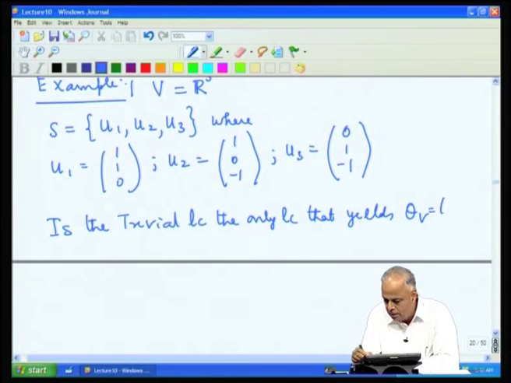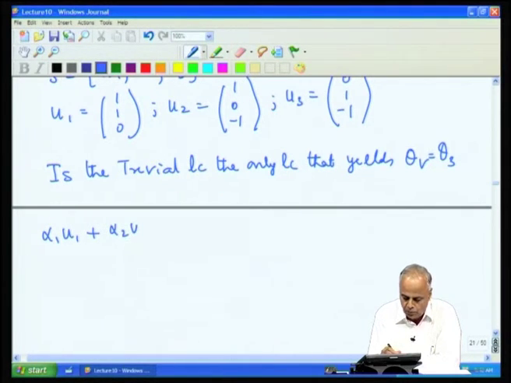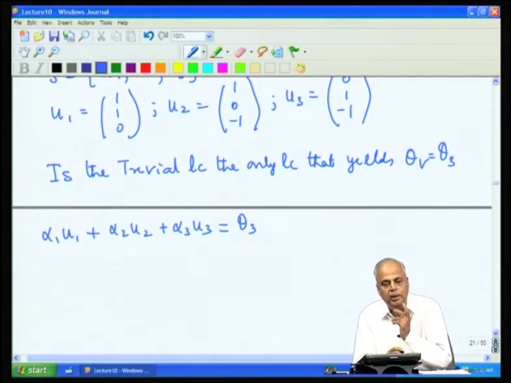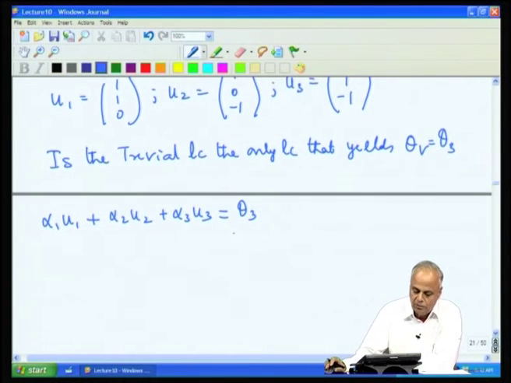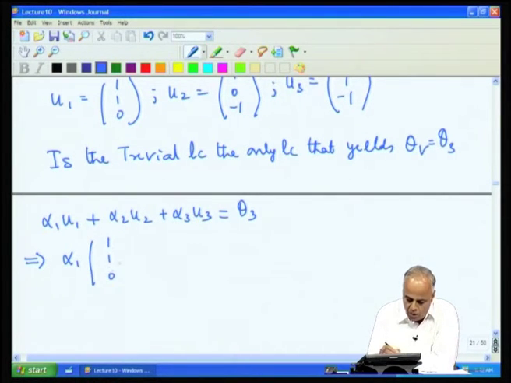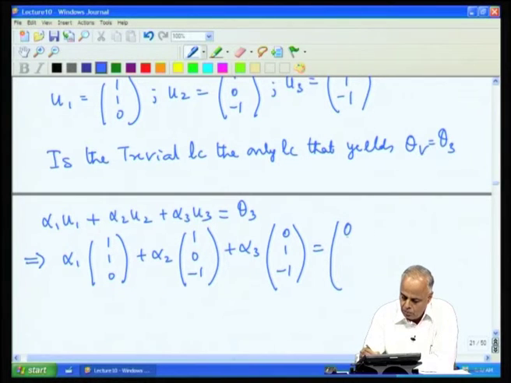Theta v in this case is theta 3. Let us look at any linear combination alpha 1 u 1 plus alpha 2 u 2 plus alpha 3 u 3. Our aim is to find a linear combination which gives the 0 vector. Suppose I have a linear combination which yields the 0 vector. What does that say? That says alpha 1 into (1, 1, 0) plus alpha 2 into (1, 0, minus 1) plus alpha 3 into (0, 1, minus 1) is (0, 0, 0),